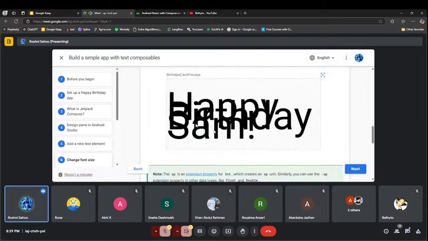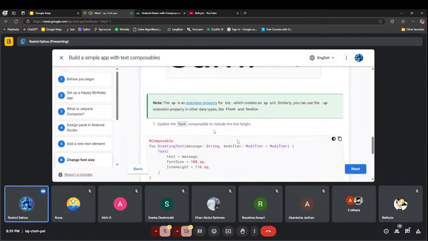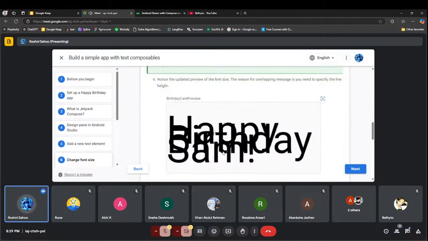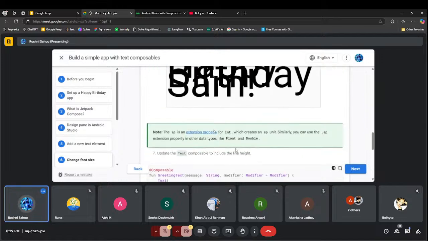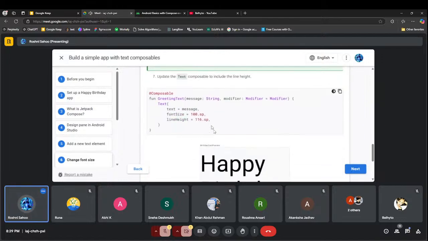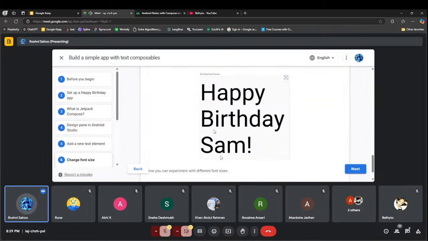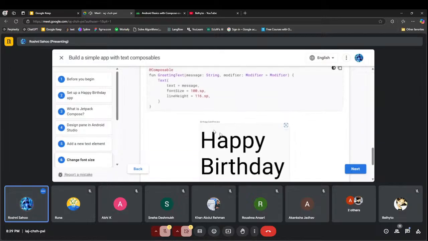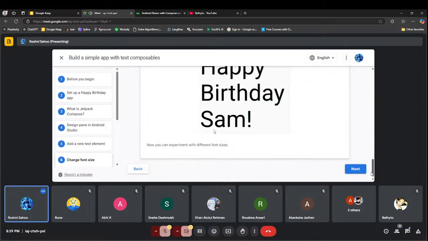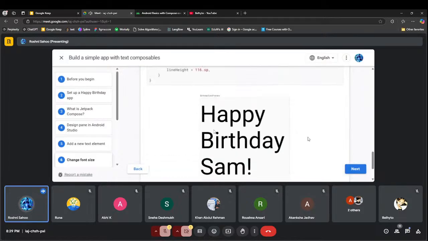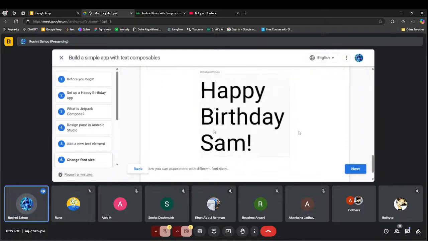Now this here is a problem. As you can see, the text is colliding. In between all of this, we need some spacing as well, some padding. So we are going to be adding line height. Line height defines how much height to be given to each line, so that all the words are separate and not jumbled together like in this one. It's important to give a good amount of spacing between your words. If you wanted to take up more space, you could make it bigger, but mostly we like to keep our design, our front UI, to be